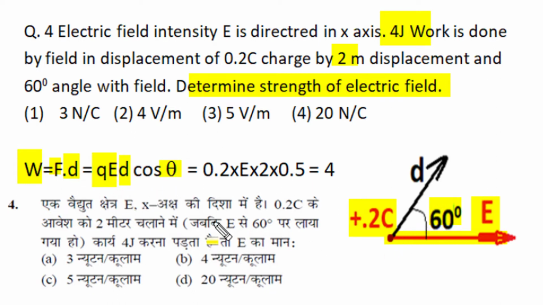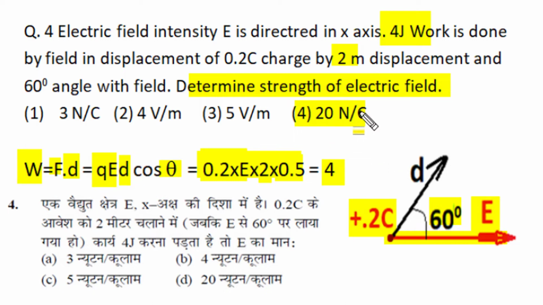So here with a 60 degree angle, cos 60 becomes 0.5, displacement is 2 meters, force is 0.2 E, and the total work done is 4 joules. When we simplify this expression, we get that the electric field intensity comes as 20 Newton per coulomb